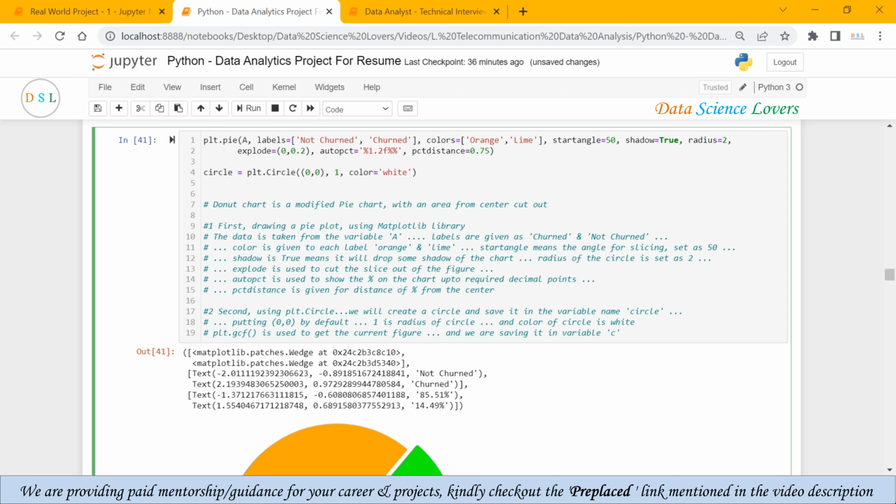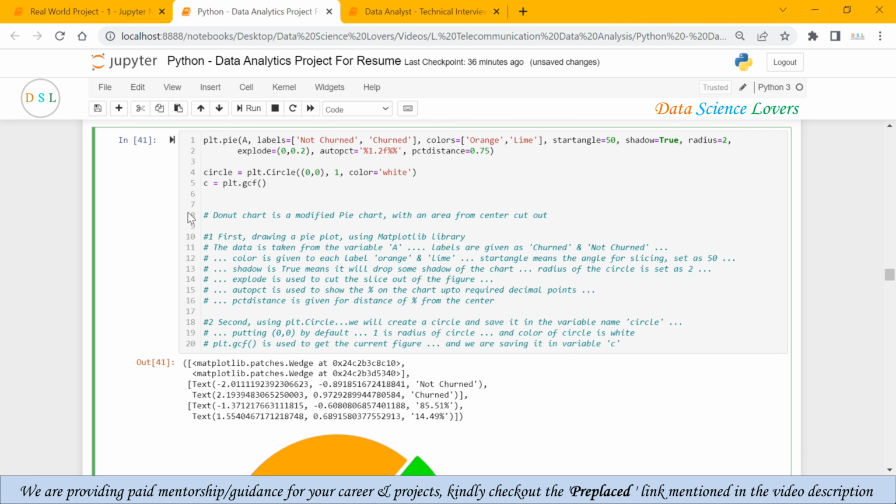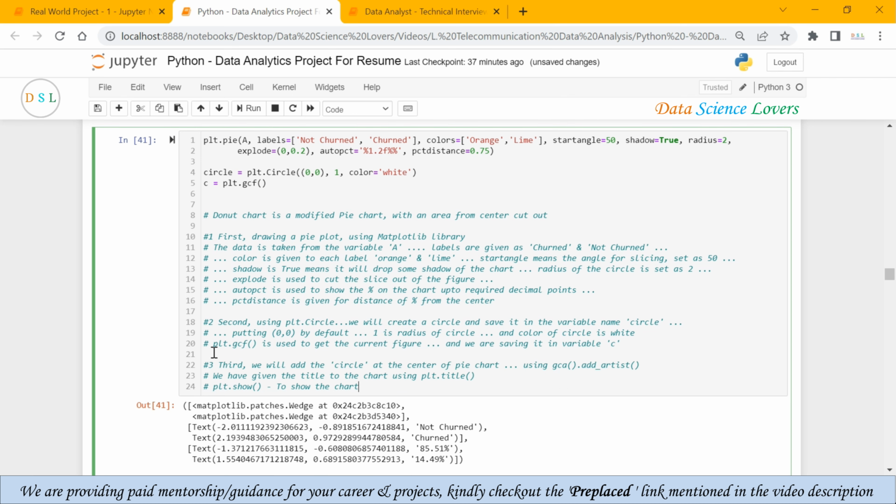Now we will have another variable also here, C, and in this variable we will use the plt.gcf function. What is this? The plt.gcf function is used to get the current figure, and we are saving it in the variable C here. The second part is also complete.